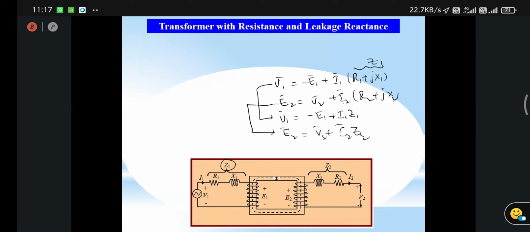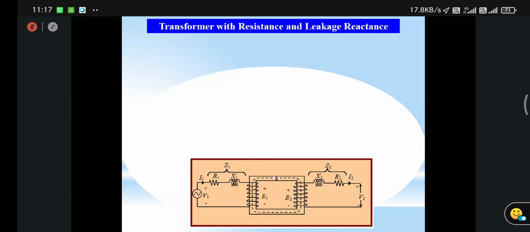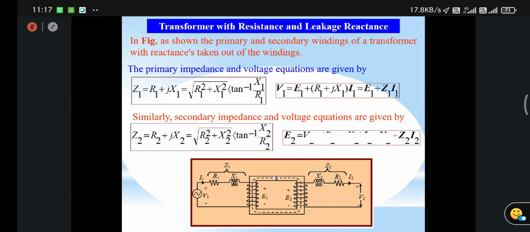Okay. These are the voltage equations. We have already discussed them in the last class, but we have to know them. After knowing these winding resistances, you also have to transfer all the things here. There is a condition that must be satisfied: when referring the leakage reactance from one winding to another, the per unit reactive drop should be retained the same.